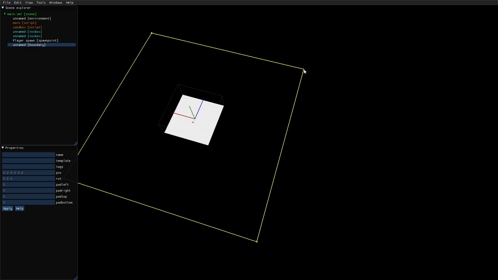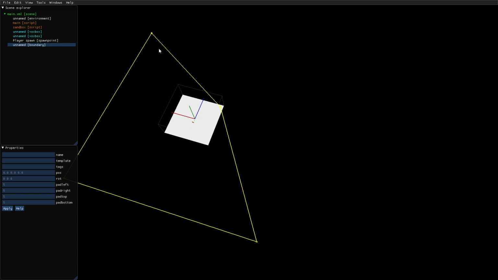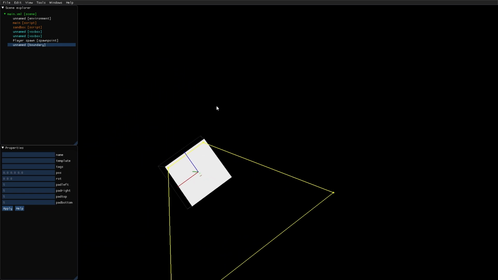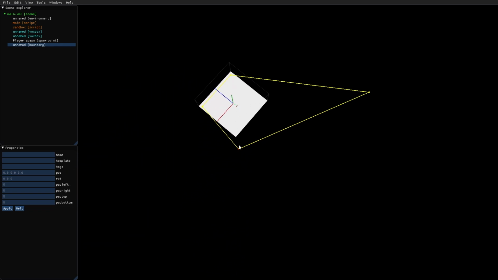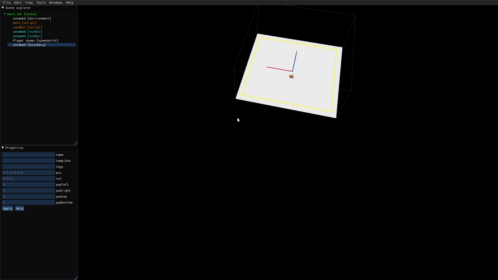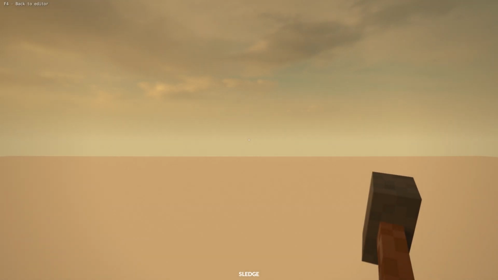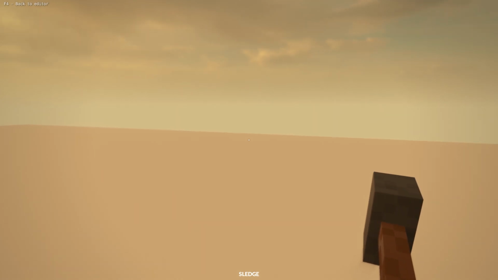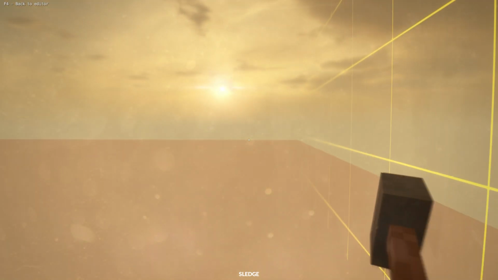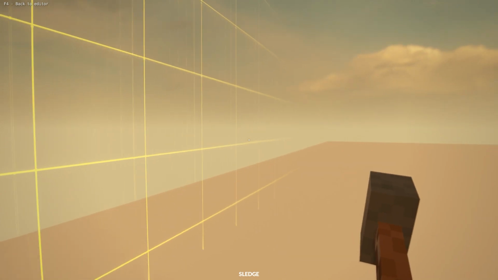I can drag these vertices and drag it slightly into the map like this. And now when I start the game, we can see that we have a boundary that the player can't move out of.